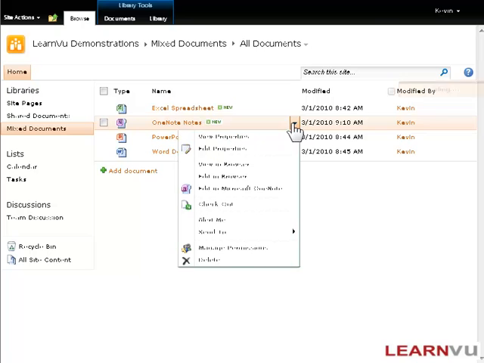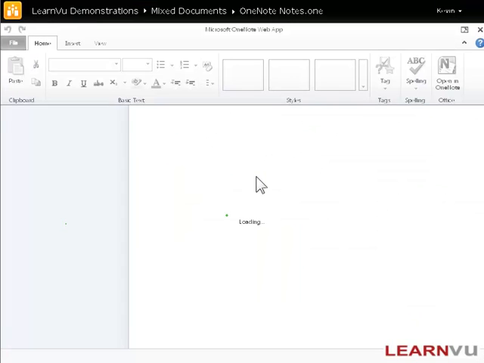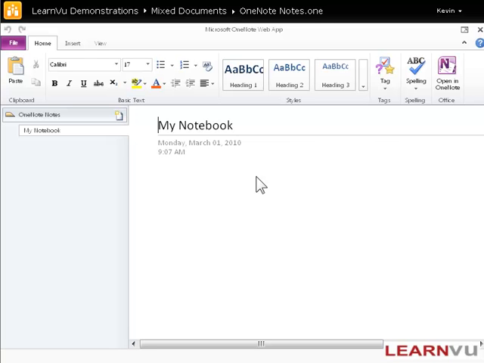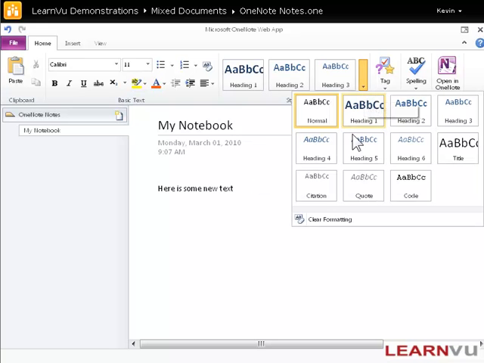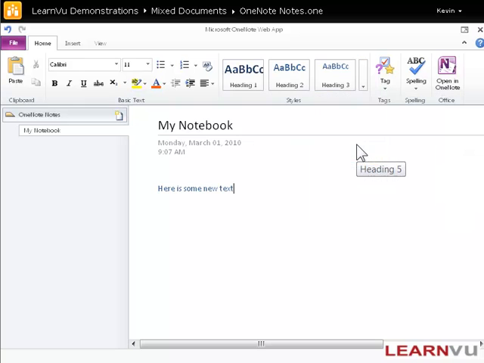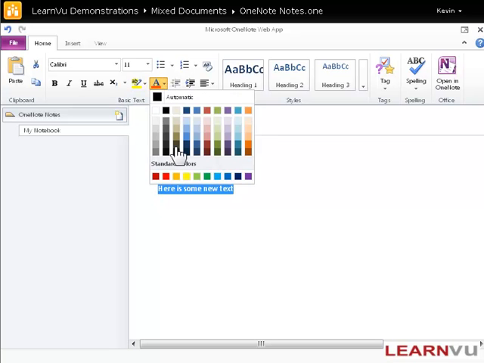In the case of OneNote, we've got a OneNote file that, again, we want to be able to edit because we don't have OneNote on our machine, and we get the full, rich OneNote editing experience. We can take a block of text and use any of the predefined styles on that text. Now, OneNote handles saving a little bit differently than Excel. When we go to the File menu in OneNote,